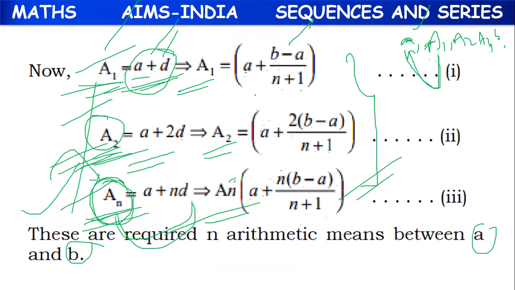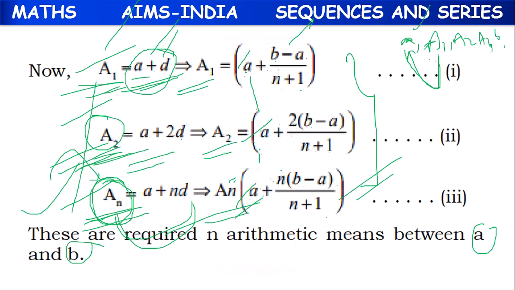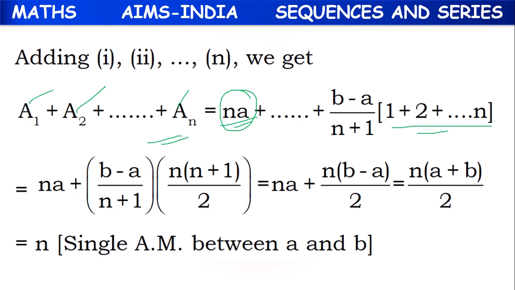Here all we can take a. This a will come one time, second time, this a will come n number of times. Instead of that, we can write NA. Whatever first a is there, if we add a1, a2 up to an, this a will be repeating one time, second time, n times. So whose sum is NA. So instead of this first one, we can write NA.